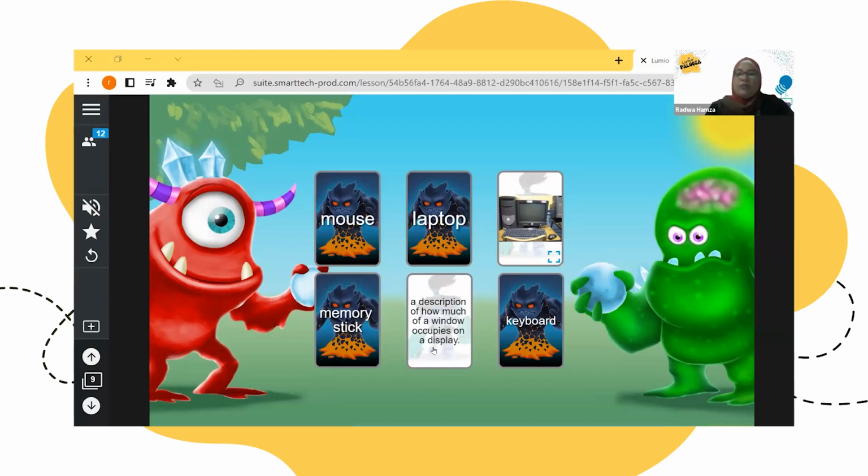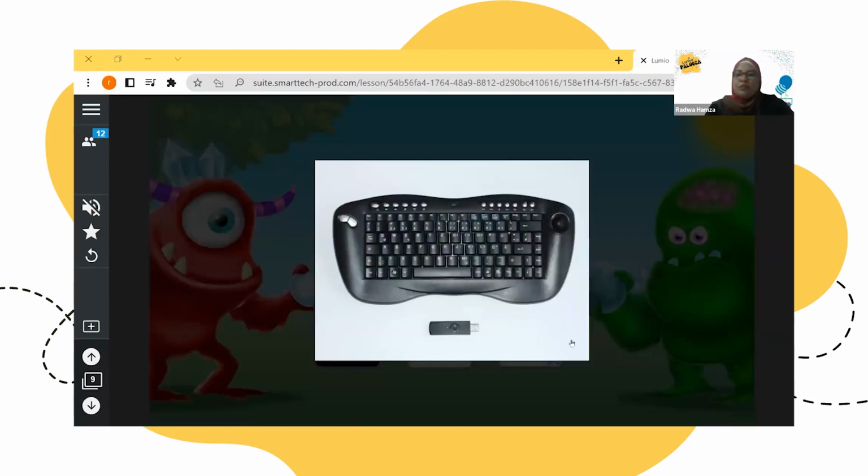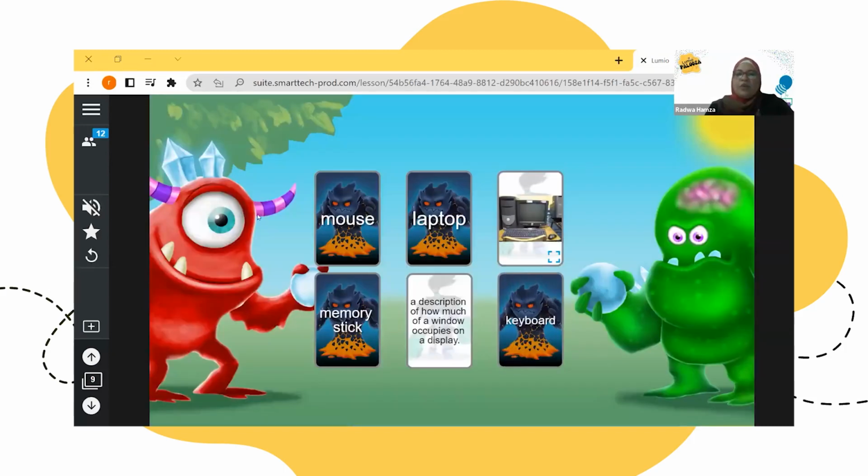So here you can provide your students the word with the definition. The word keyboard, I provide my students with a picture. So I like this activity very much to introduce new vocabulary with its picture or a definition.